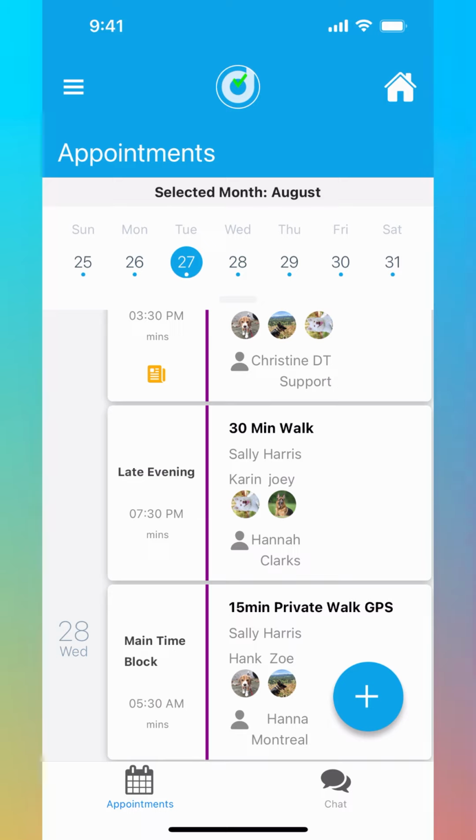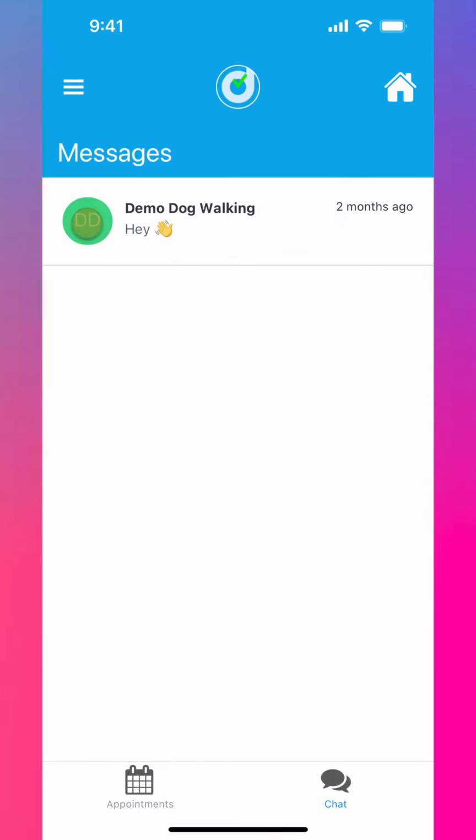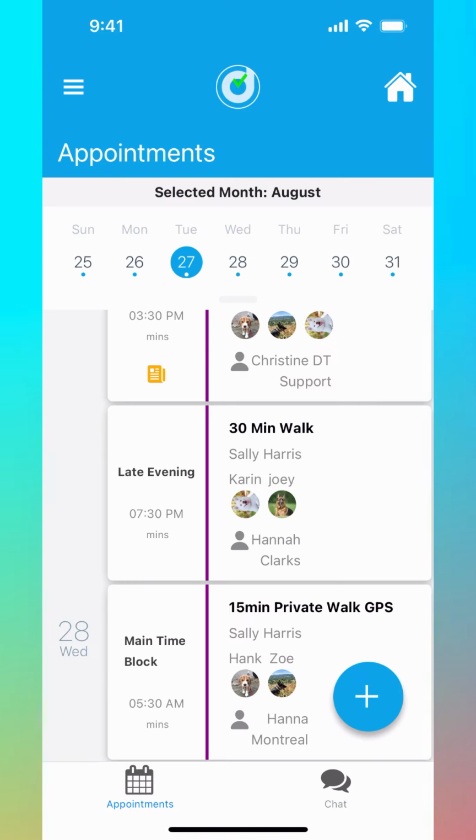And at the bottom you can see the toolbar. You can select your appointment, which is your main page, or you can go into the chat as well. And then from the main screen, if you want to request new appointments, you click on this plus